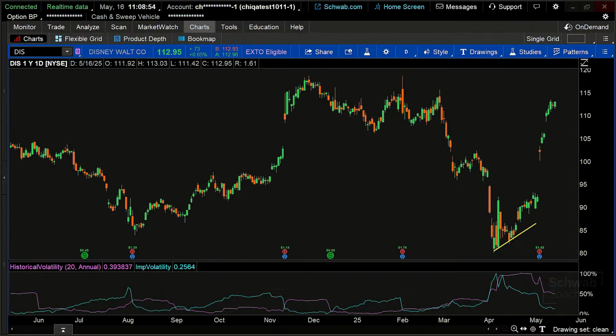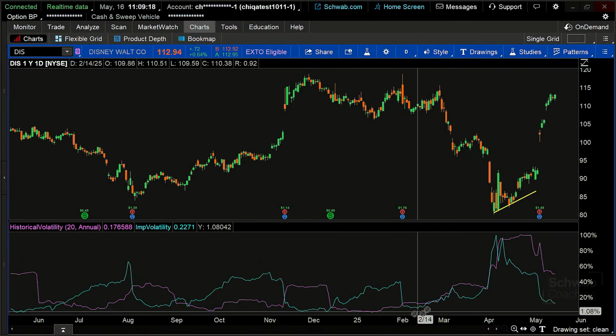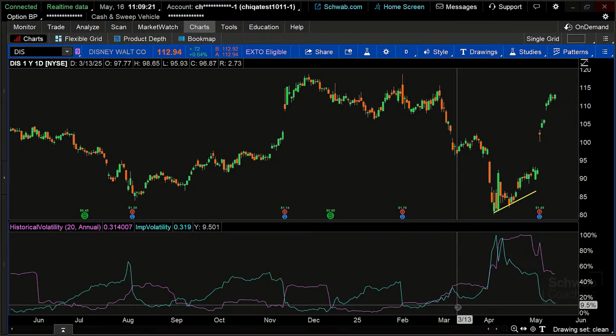You can see this relationship: oftentimes implied volatility tells the story ahead of time, and historical volatility tells the story after it's happened. Not that implied volatility predicts, but it suggests what the market is expecting. So when we see this relationship of historical versus implied, that gives you an overall picture of how this individual stock, or any individual stock, it doesn't matter if we were to change the symbol here, we'd see the same thing.